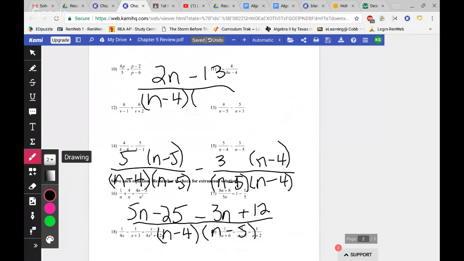So our final answer, because it doesn't look like anything's going to factor out, will be 2n minus 13 all over n minus 4, n minus 5. Or those two factors can be written either way because